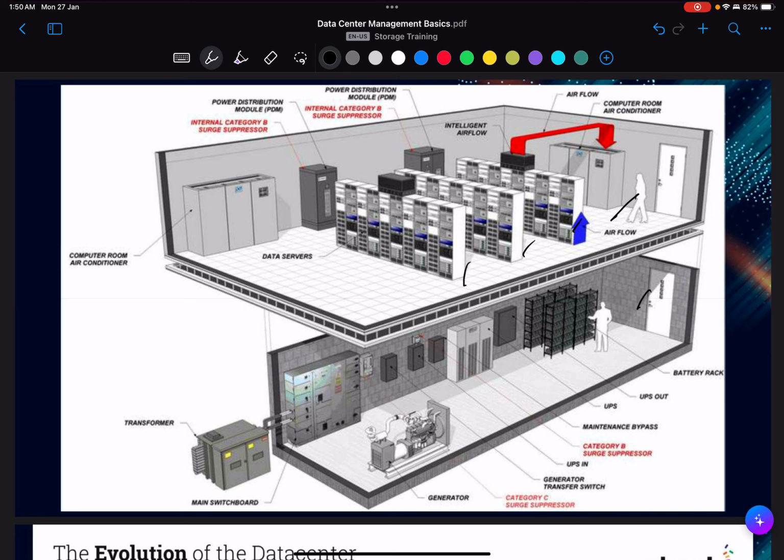And the cable is not showing here. Mostly it should have upper hanging rails where the cable will go, and sometimes internally also it will go. You have your AC unit where the air circulation is happening, and normally it is from above, but you will have air blow from below as well, where you will have different kinds of tiles for flowing. You have your power units there, the distribution module which distributes the power, and jumpers are there